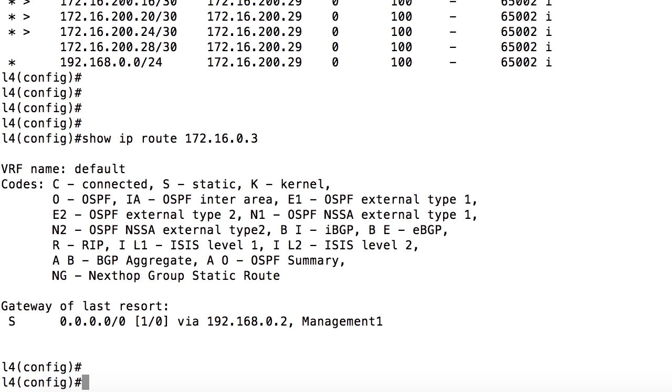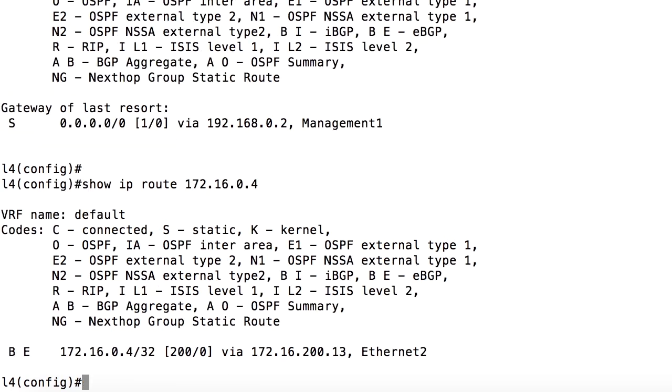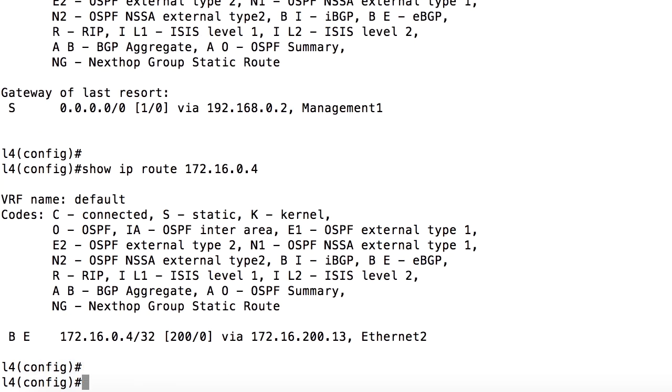Let's reconfigure our route map to match our other AS path access list. That AS path ACL is going to block routes from AS 65102. And the route that we're currently learning from there is 172.16.0.4. So let's make sure we have that in our routing table. Show IP route 172.16.0.4, enter. And we can see, yes, we're learning that route via external BGP with a current next hop of